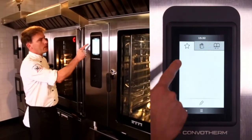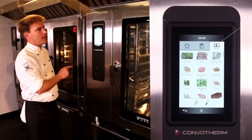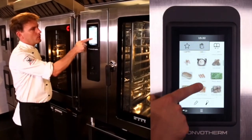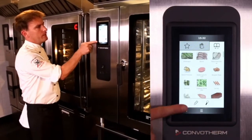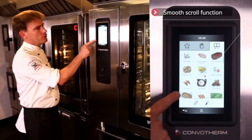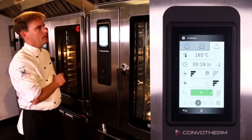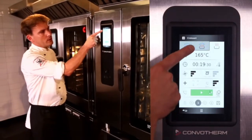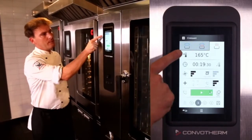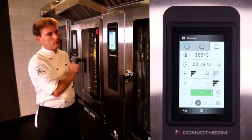Here I can find Convotherm profiles, and also I can create my own one. Working with profiles is the easiest way. It's all icon driven, and you can see I can swipe up and down. I'm selecting now the picture of the croissants, and immediately you can see the profile actually shows up. And here you see we are in convection air, we are using 165 degrees, the time you see is 19